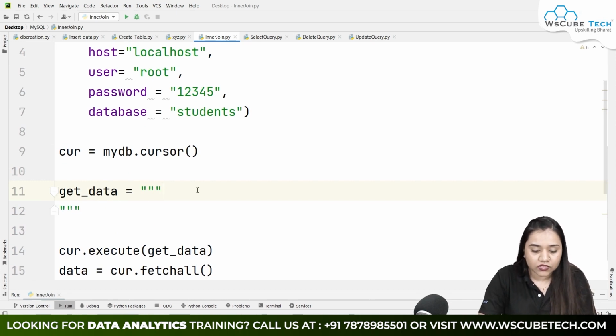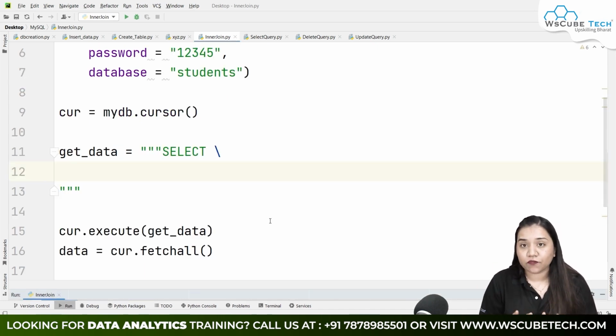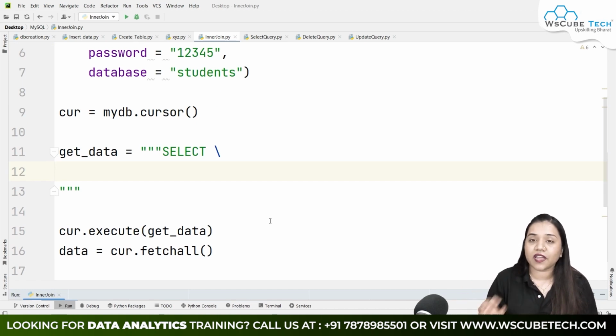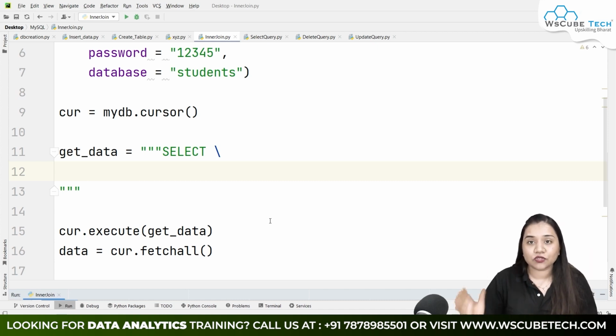So we will be using select because we want to display all the data, followed by a backslash over here. And what do we need? We need student name and student fee. Now this time I want student fee to be displayed first and student name second. Because in our left join the student name was coming first and then the fee details, and whatever fees were not there, None was coming. Now the fees should come first and the name second, and whatever name is not there, for that place we will have None.